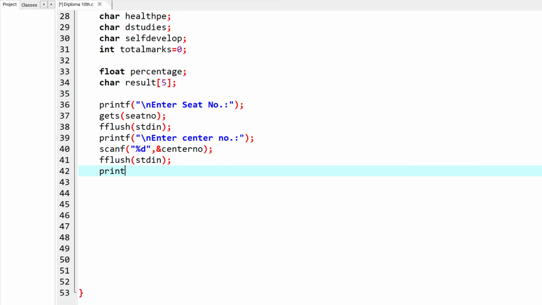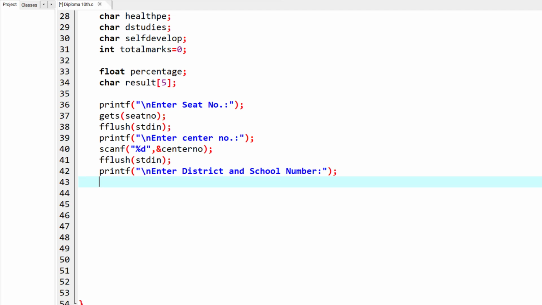Next, printf("\n enter district and school number"); gets(dist sc no); flush